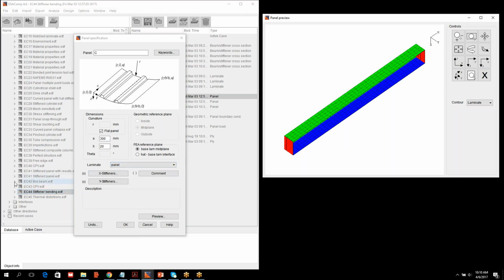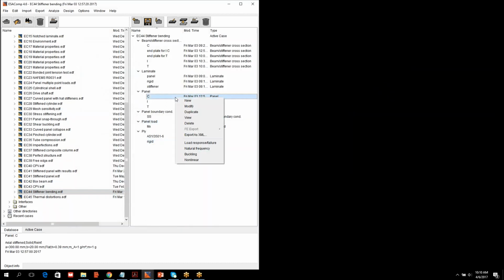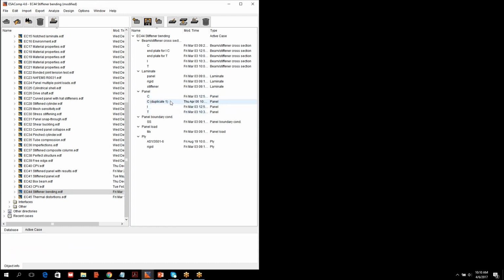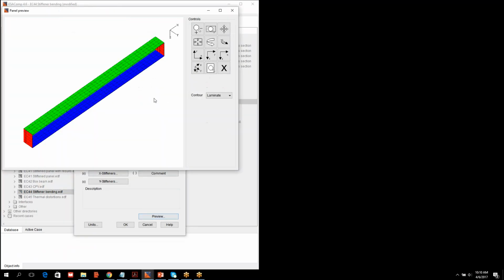To better visualize this concept of cell-based stiffeners, I will close this one and take a copy of the current panel, and make some modifications to better illustrate this. So let's take the preview to see